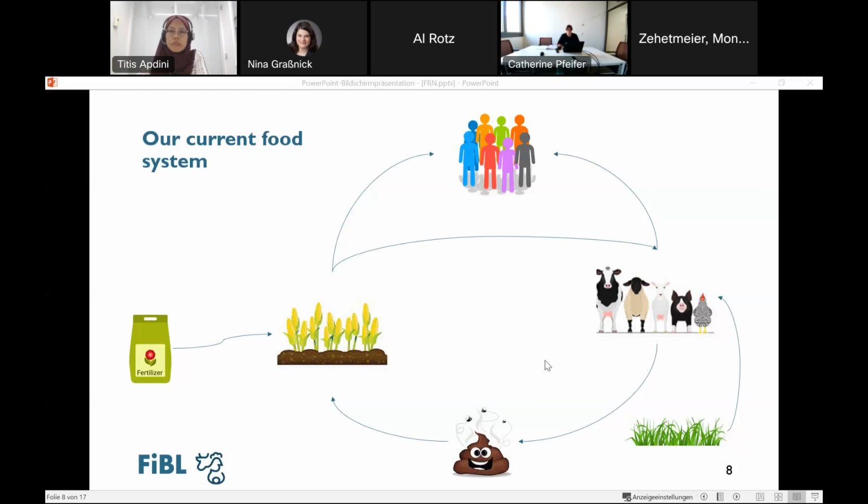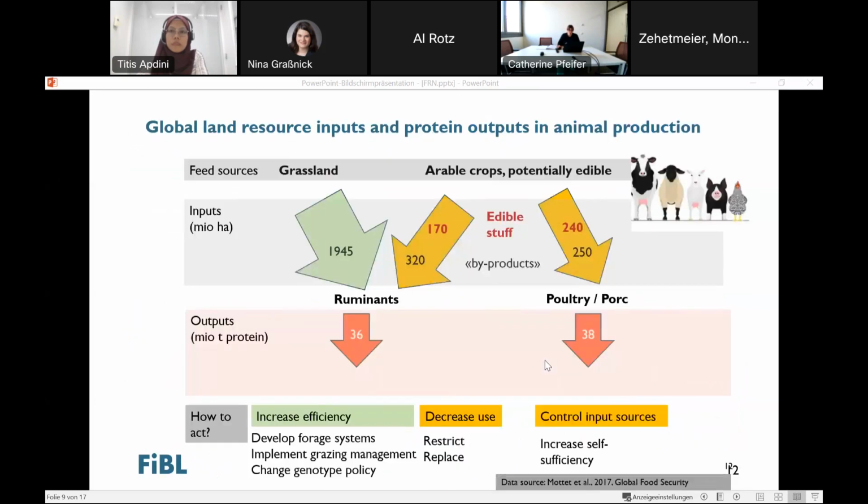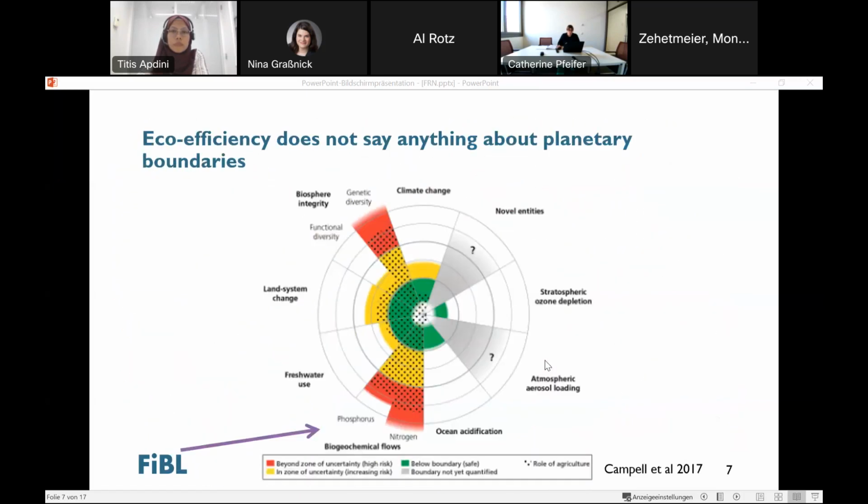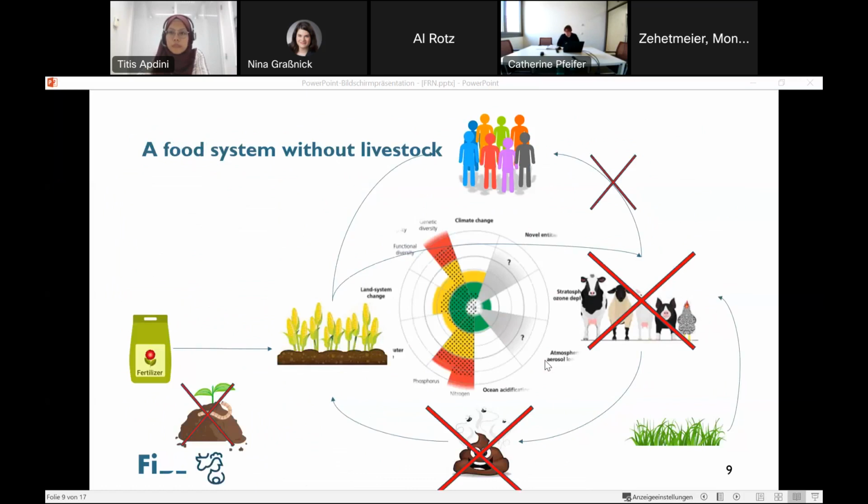Well, if we want to sort the nitrogen problem, there are different options, sorry, this goes too quick. We can imagine a world without animals, right? That's the vegan narrative we hear all the time. Without animals, we will not have any healthy diets for the population, at least for a part of the population. We won't have the manure, so we will rely on artificial fertilizer, and we know that this is less good for soils than manure, and then nobody is using the grasslands. So if you ask me, that doesn't look like a really meaningful system. Grasslands are not used, we're losing soil